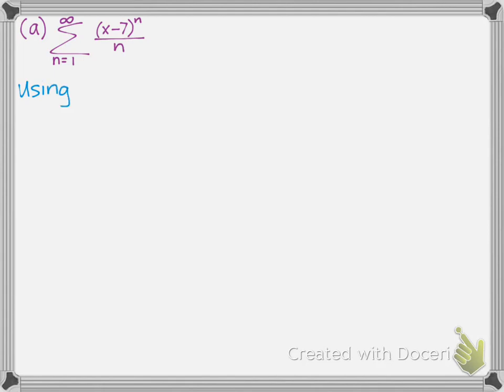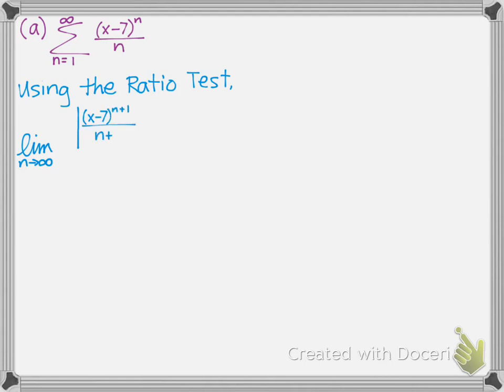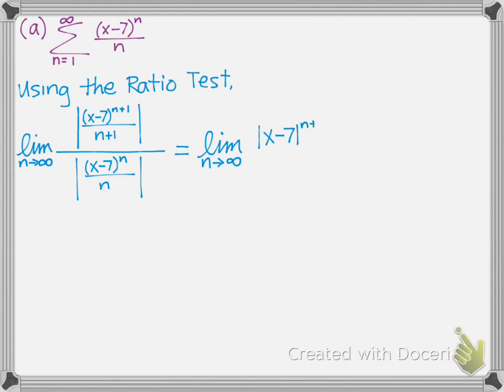If we look here at part A, then we can use the ratio test and set up with the n plus 1 term on top, the n term on the bottom, and absolute value. So the absolute value remains on the x. The n, however, is going off to infinity, and we know that that is going to be positive. And we're dividing, which means we're going to multiply by the reciprocal. If we simplify,